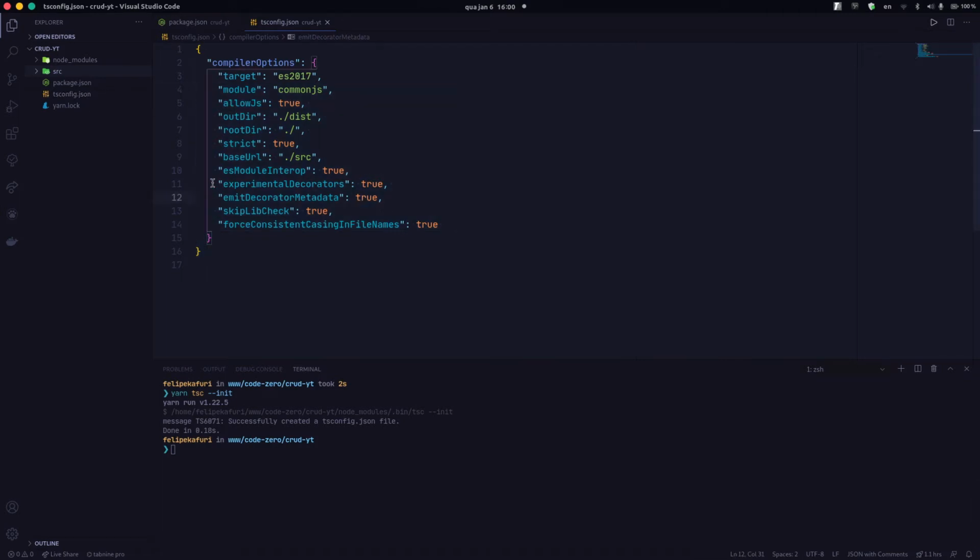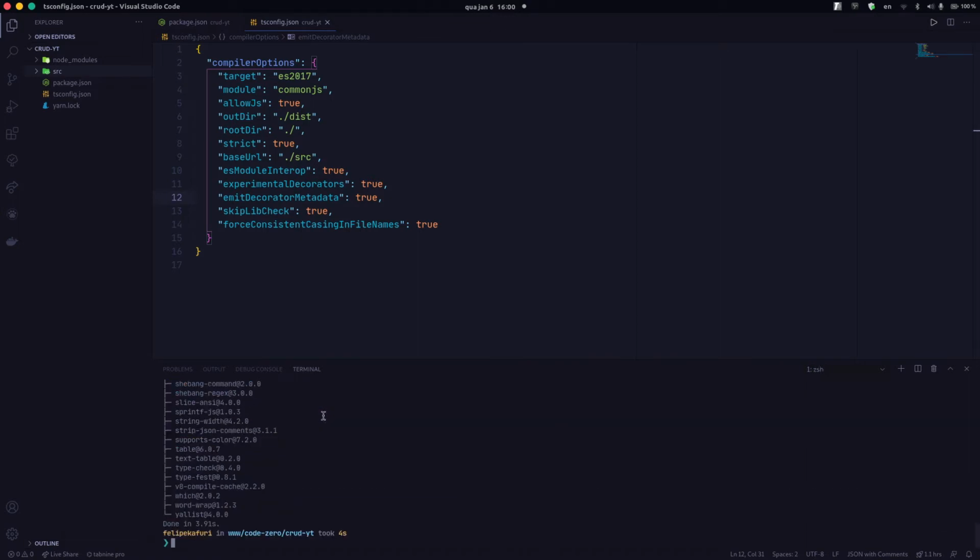So now that we have this configuration file here, what we're going to be doing is adding ESLint as a dev dependency. We're always going to be using dev dependencies when we don't need those dependencies in production. If we have a dependency that we need in production, we have to add it as a normal dependency. So we're going to initialize